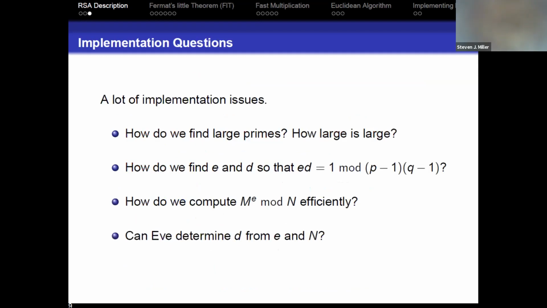All right. So here are some implementation issues. This is leaving theory and going into practice. If we actually want to use RSA, how do we find large primes? I can just write, well, there's infinitely many primes, so just choose two big ones. How do we find them? How large is large enough? What level of primes do we need to have a given level of security?